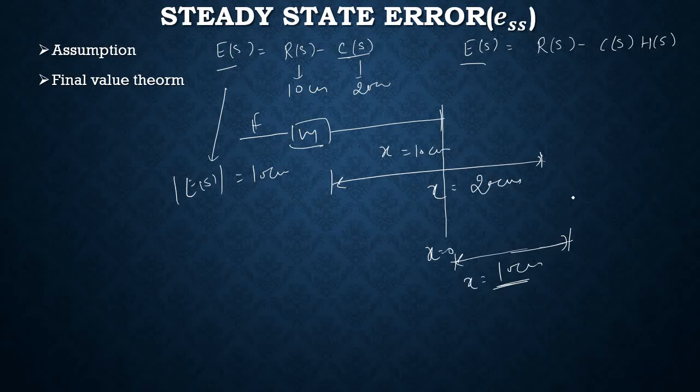So in that case what error will come out? The command given to the system is 10 centimeter, and it travels a distance of 10 centimeter according to the system. You need to make sure that according to the system it measures a distance of 10 centimeter. In that case the error came out to be 0 centimeter. Why did this happen? Because the command given to the system is 10 centimeter and the response taken is 20 centimeter, but in the case of H(s), this came out to be 1 by 2, that makes it 10, and now we will get an error of 0.